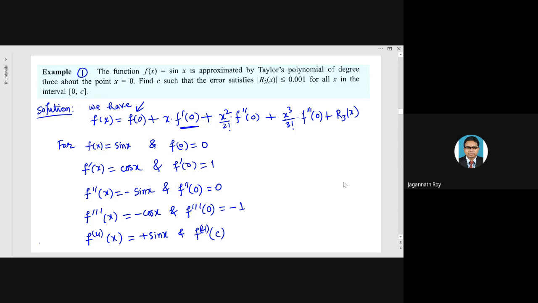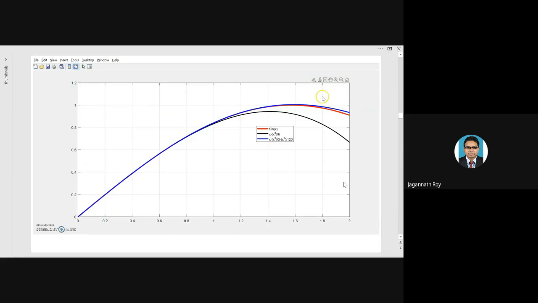So this becomes sine of c. Okay, right. So this is the term that we need. So we need to calculate. Now if you try to actually look into the graph, how do you indicate it? So the required approximation